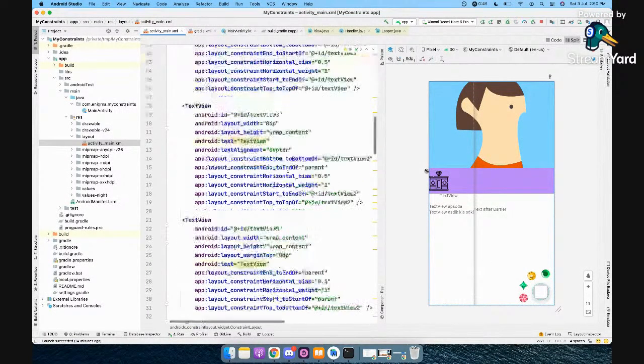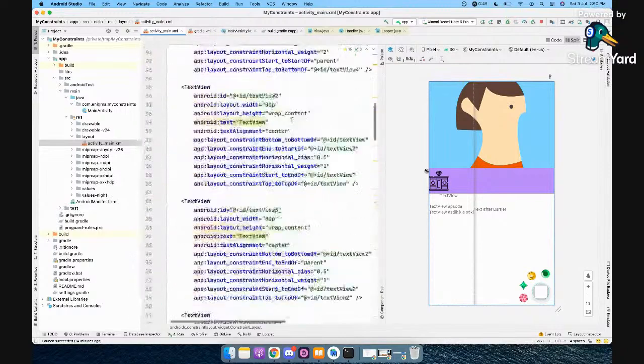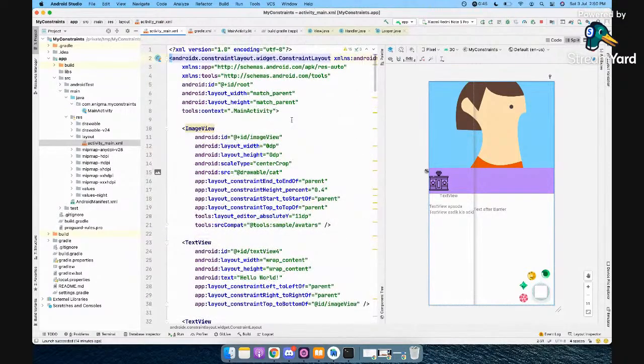Using constraint layout, you have a flat hierarchy, so in this case you'll get the performance benefits. But if you have only one text view and one image view, you don't need constraint layout. It will work against you in that case. So you have to make sure what you're using it for.